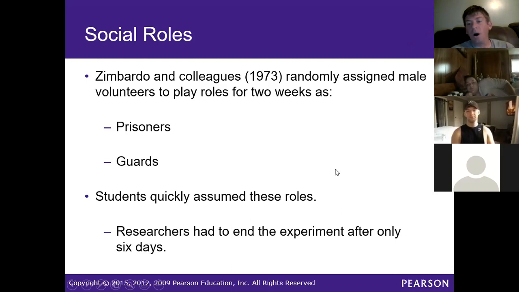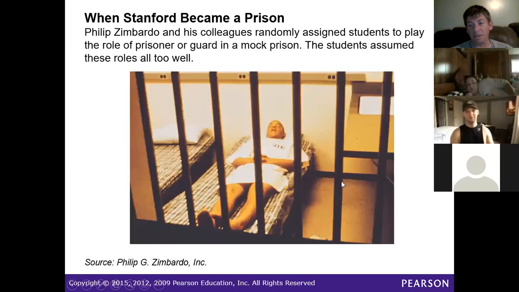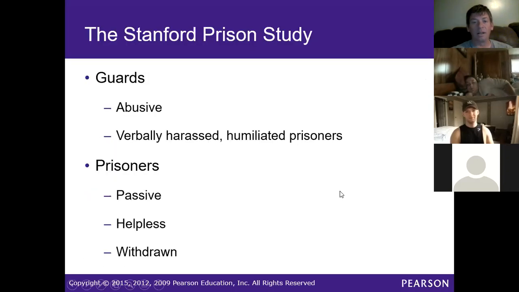So we should all at this point be familiar with the Philip Zimbardo Stanford prison experiment, where he put a bunch of college students in a fake prison in the basement of a psychology hall at Stanford University. Half of them were guards, half of them were prisoners. He ended it after 6 days because the guards were being abusive and humiliating. They were harassing, and then the prisoners became passive, helpless, and withdrawn. It was supposed to last 2 weeks, but